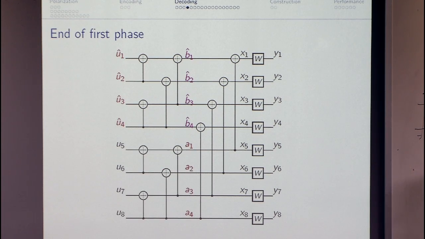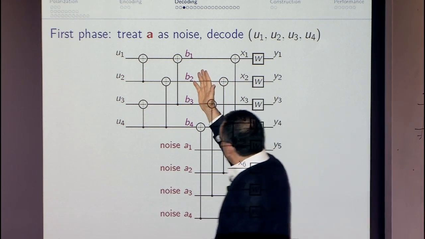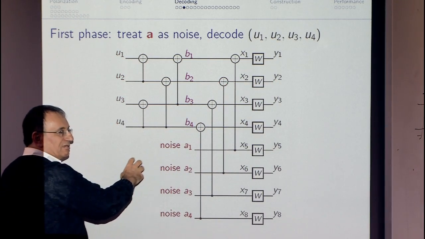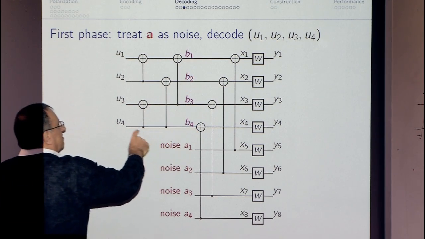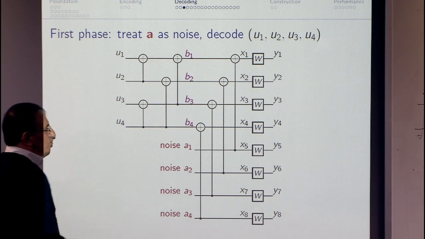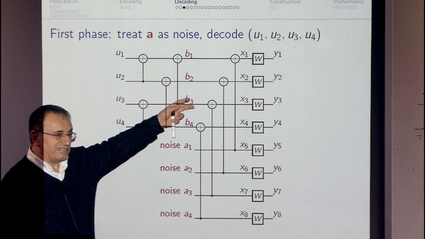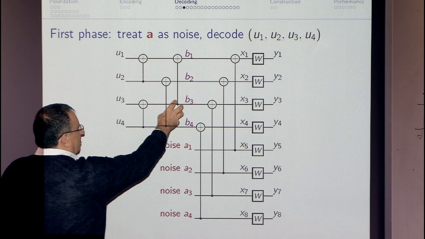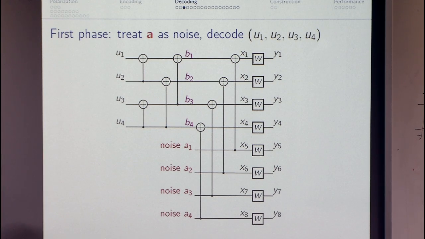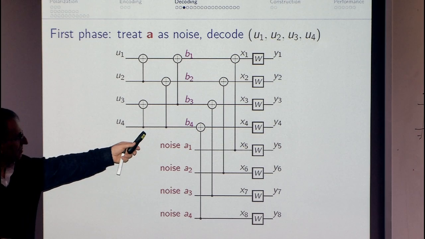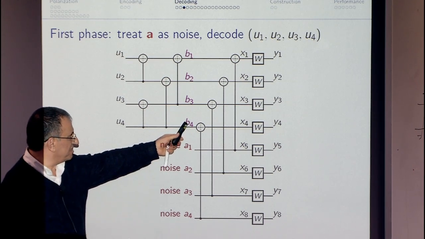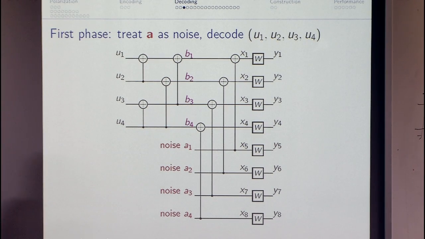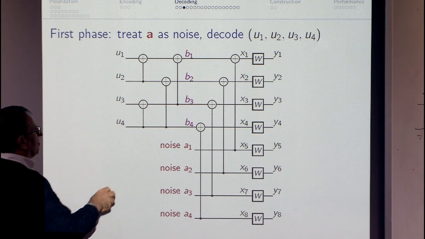So now the decoding task has been reduced. The present decoding task is the decoding of this segment, which is exactly the same as the original decoding task. Question: after you estimate its likelihood, do you round it to 0 or 1? After I estimate these ones, we make hard decisions. Hard decisions.